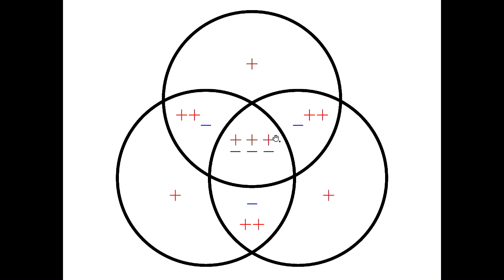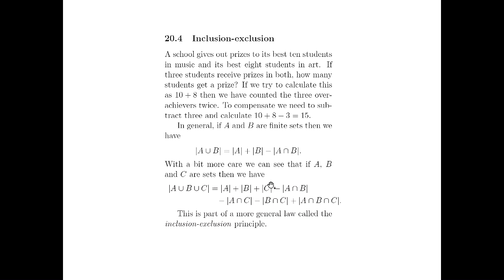But I subtracted this middle 3 times now, right? So I've gone from counting it 3 times to now I'm back to counting it 0. But it's the only thing I'm wrong in, so what do I do? I add the size of the middle 3-way intersection back again, and finally I'm correct, right? Everything here now has been counted in net total once. And so this, if I flip back, is this thing here, right? Size of A plus size of B plus size of C minus the 2-way intersections plus the 3-way intersection.